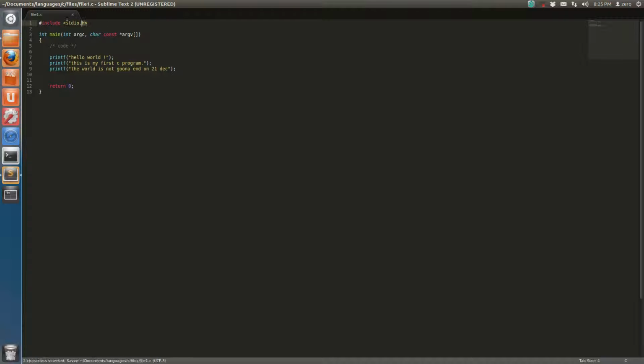Why do you need to write this first statement? It means you're gonna use a library which has the function printf built in, right? To use printf, you need to include this line at the top always. So before writing your main function, you always include the libraries required by the program. So if we are not using these printf statements in our program, we can remove this line of code,